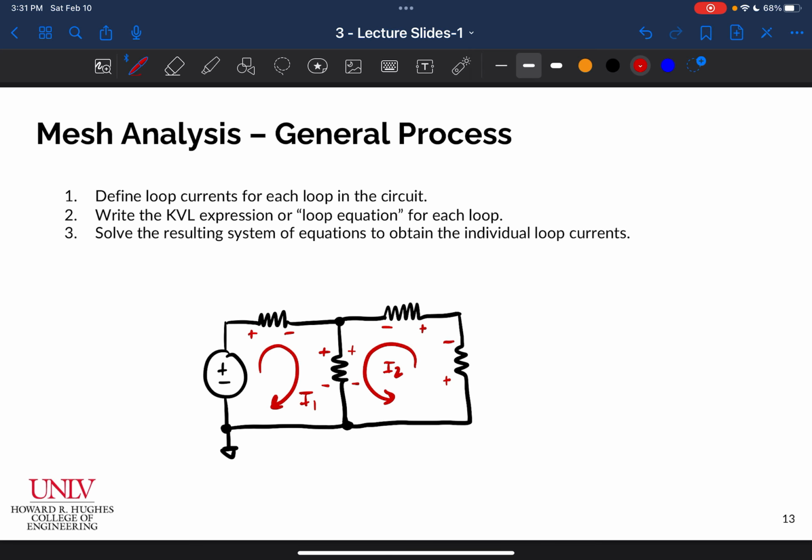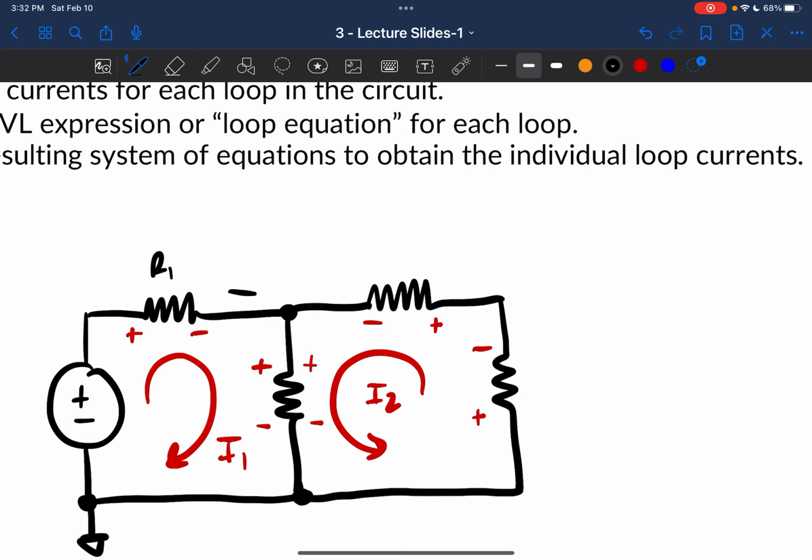The only difference in this circuit versus a regular circuit where we just use KVL is that one of the resistors has two currents contributing to the total current, right? It has a current flowing I1 and I2, which are both contributing to the total amount of current flowing in that circuit, right? That's just KCL telling me I've got these two currents summing, and that creates this circuit. So when we get to that resistor, we just sum the two currents,